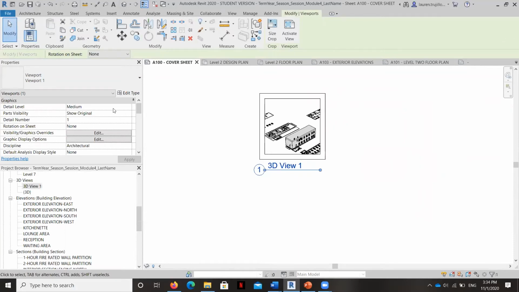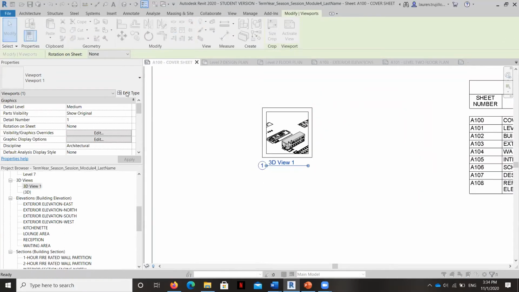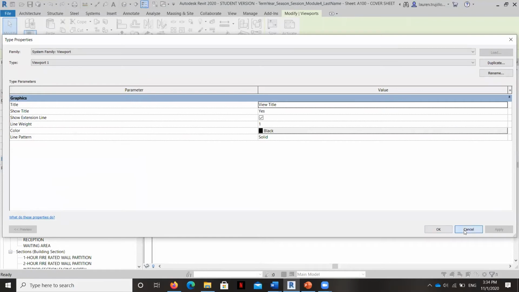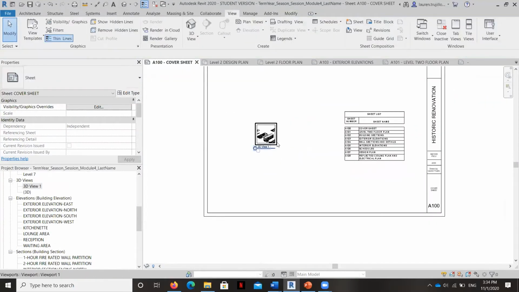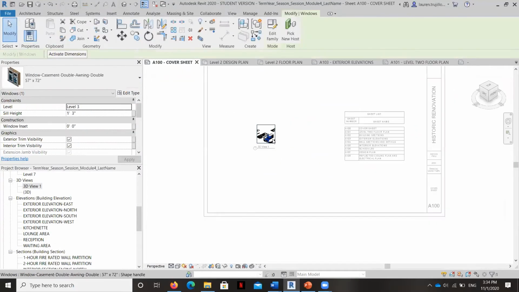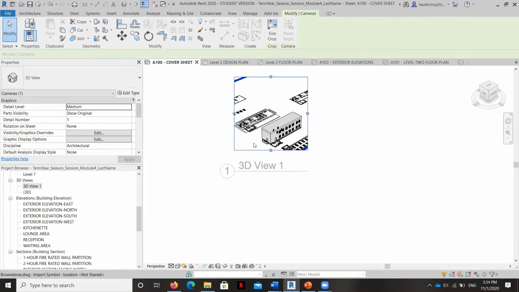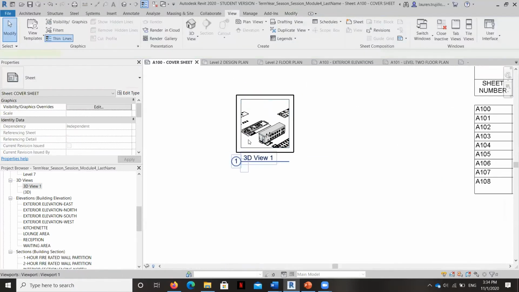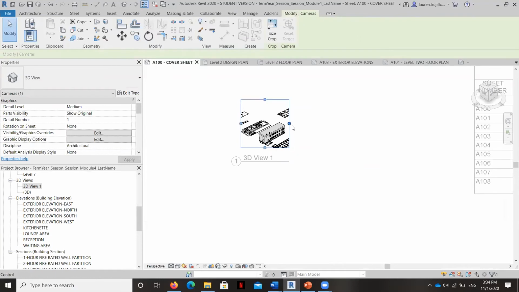Now I would like this view to get much bigger. Let's see. It's not going to let me do too much work on the scale here, but I ought to be able to zoom in a little bit more once I click inside that viewport. Let's take a look.